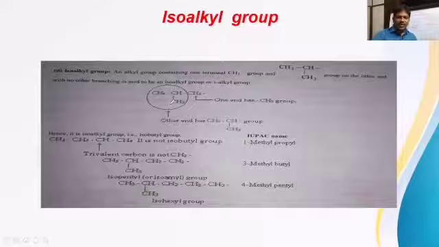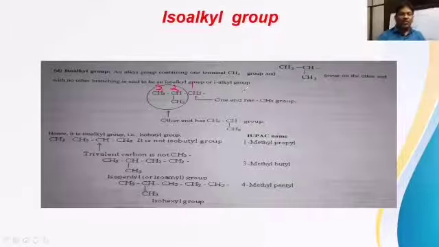In this case, how do we read this? CH3 bond, CH2 free bond. Reading from the left side: CH3 bond, CH2 bond. So here also, which carbon should be given the first position? This CH2 free-bonded carbon should be given the first position. This carbon is the second carbon, and this one is the third carbon. So there are 3 carbons totally.